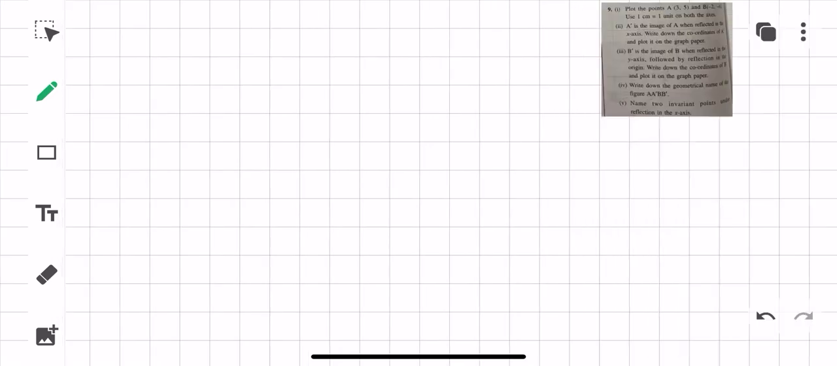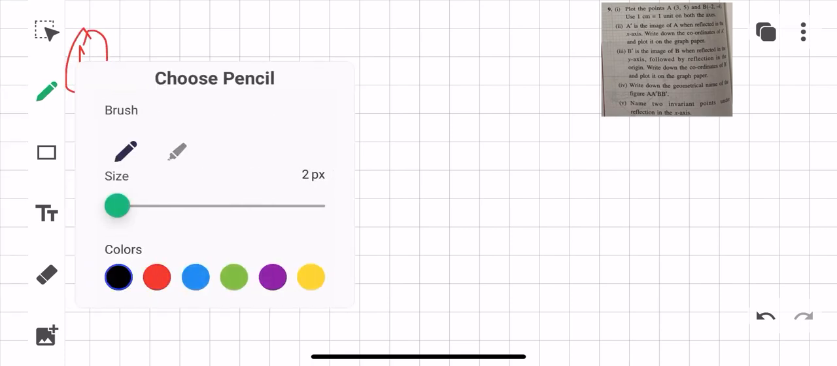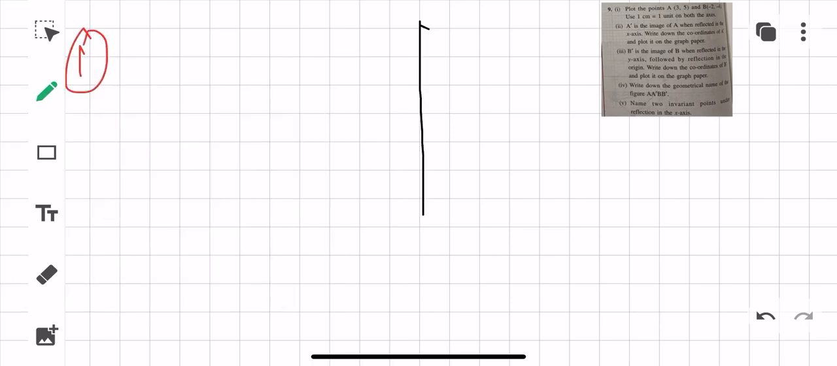So it says the plot the points A, this and this using this. A dash is the image of A when reflected in x-axis. Write down the coordinates of A dash and plot it on the okay, and B dash also you have to plot. Write down the geometrical name of this, name to invariant points under the reflection. Okay, so for the first question what you will be doing, you will be plotting the points. So if this is my axis which is there,